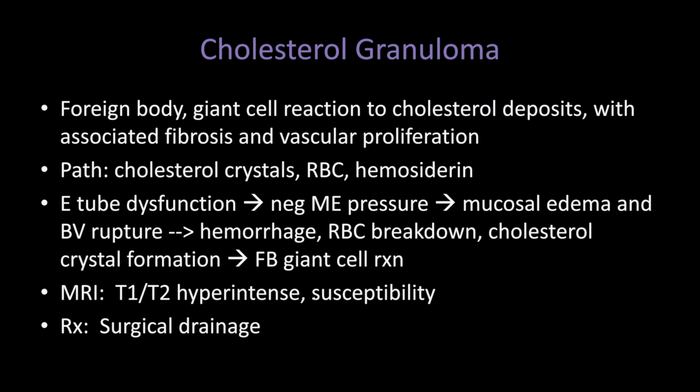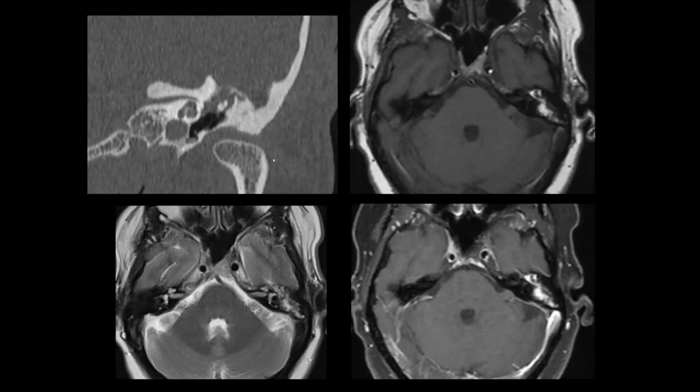Susceptibility is something that we see. It becomes really dark, black, on certain sequences due to the blood products. And these typically just require surgical drainage. And so here you can see this is a coronal CT image of the left temporal bone. And we see non-specific soft tissue in the epitympanum, maybe going a little bit into the mesotympanum here, some erosion out laterally. On the MR, this is a pre-contrast T1 weighted image, and you can see abnormal hyperintense signal throughout